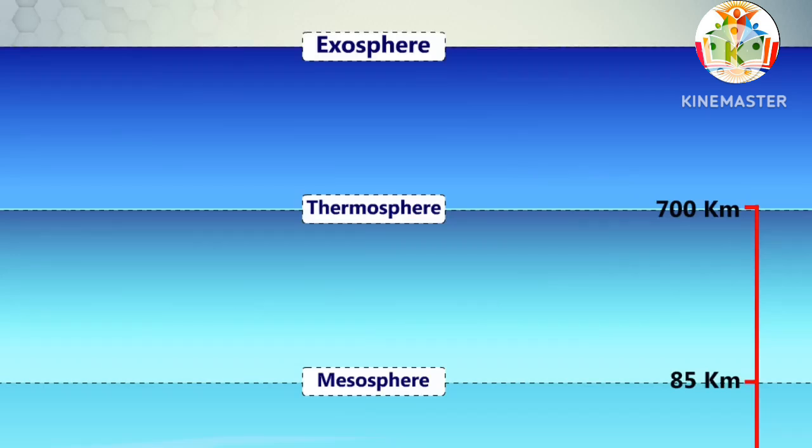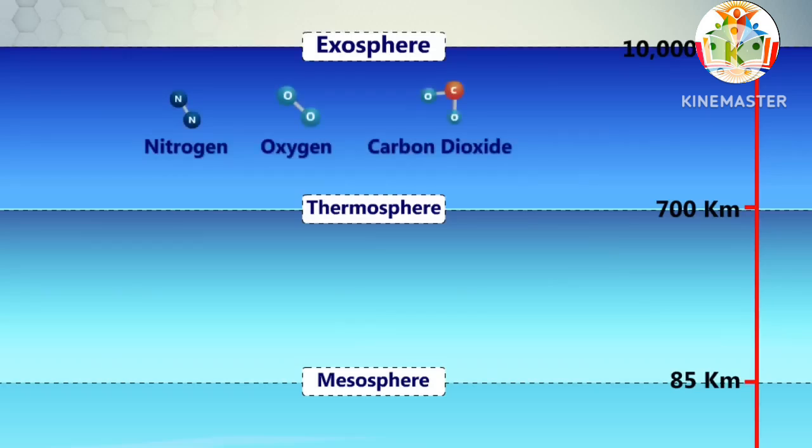The exosphere is the outermost layer of Earth's atmosphere. It extends from the exobase, which is located at the top of the thermosphere, at an altitude of about 700 kilometers above sea level, to about 10,000 kilometers, 6,200 miles, 33 million feet, where it merges into the solar wind. This layer is mainly composed of extremely low densities of hydrogen, helium and several heavier molecules including nitrogen, oxygen, and carbon dioxide, closer to the exobase.